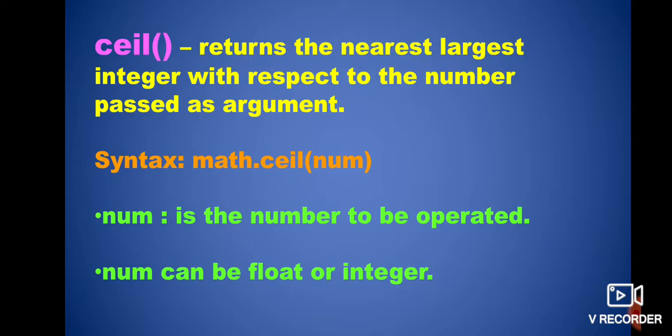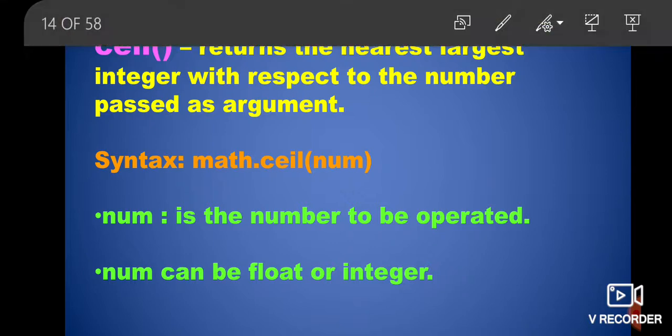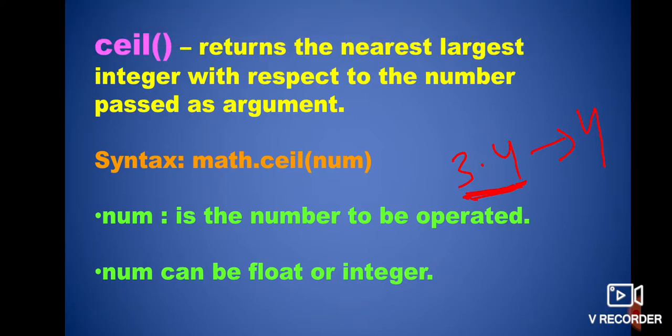Now even if this number was 3.4, 3.4 lies between 3 and 4 on the number line. So this number will again be converted into 4 only. तो सील को सिर्फ ये देखना होता है कि गिवन फ्लोटिंग पॉइंट नंबर किन टू इंटीजर्स के बीच में है और उन दोनों इंटीजर्स में लार्जर इंटीजर कौन सा है, और वही उसका आंसर होगा. So ceil will always return the nearest largest integer.